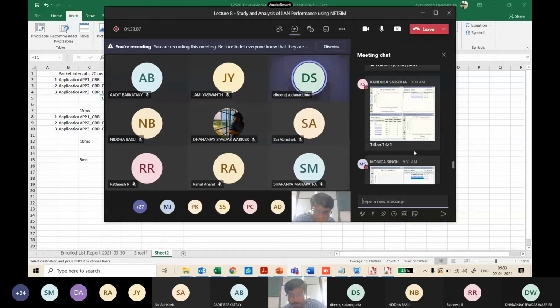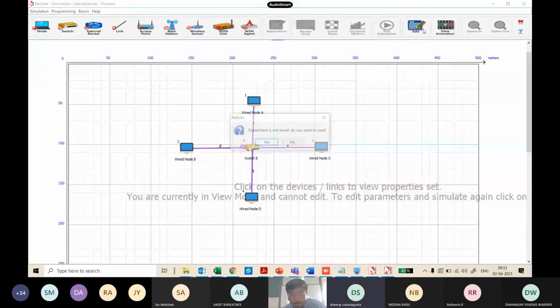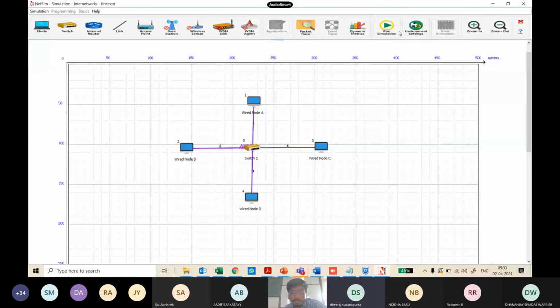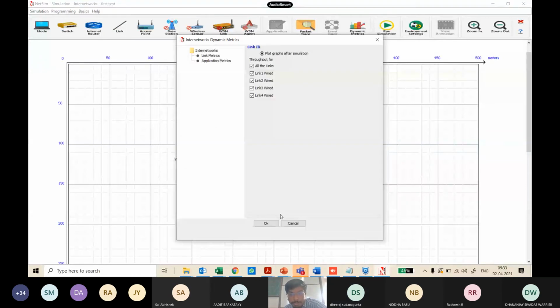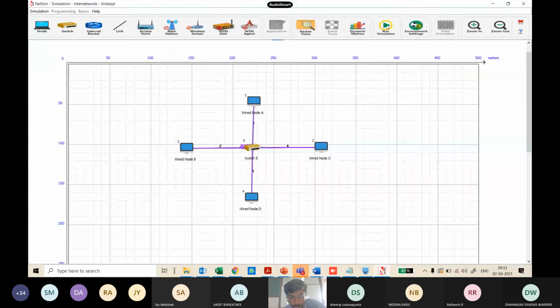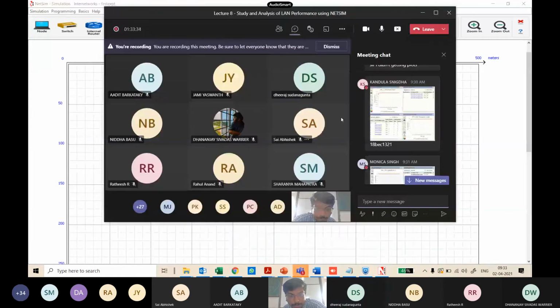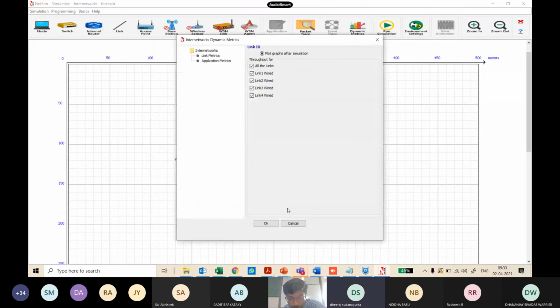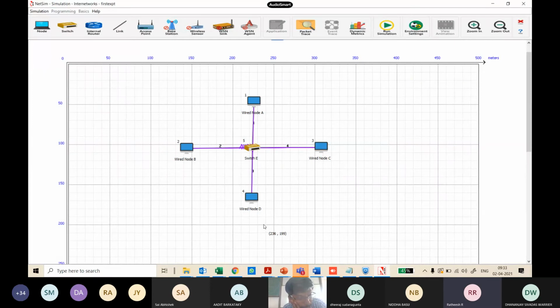So let me do this. When you are running the simulation, Dheeraj, are you there? Yes, sir. Click on the dynamic metrics and click OK. I told you to click these two buttons, enable it and then run. If you don't enable this, then the plots will not come. This particular window, you have to click OK. If you want to plot the throughput graphs, only when you click OK will it plot. Otherwise, by default, it will not plot. Okay, try that and let me know. Anything else, Ratish? No, sir, that's all.